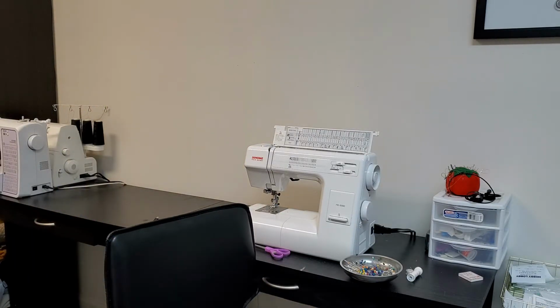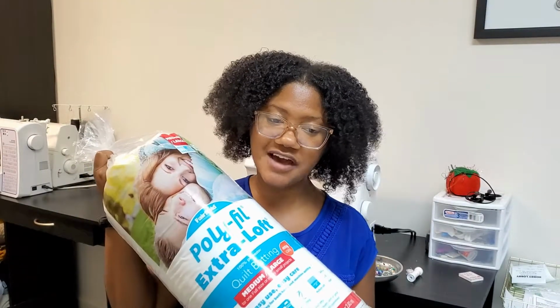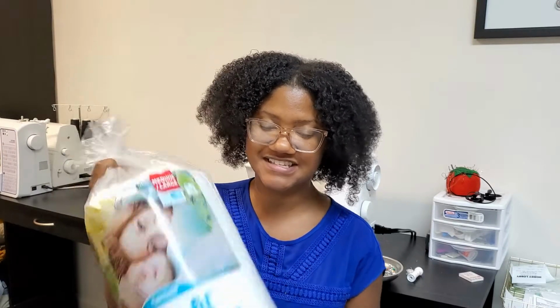I'm a little nervous about the batting. This right here is freaking me out a little bit. It shouldn't. It really shouldn't, but it is. Because I've never added batting to anything. I think my biggest concern is if I will have difficulties with my sewing machine sewing the layers, which I have a good sewing machine. It usually sews through thick layers pretty easily. I'm just concerned because one of the things that I saw online when I was doing my research is that you can use a wall...